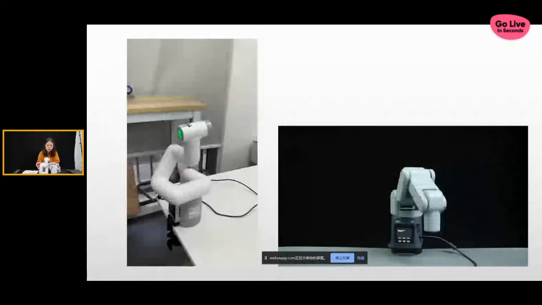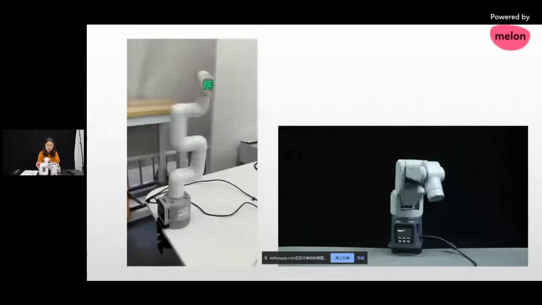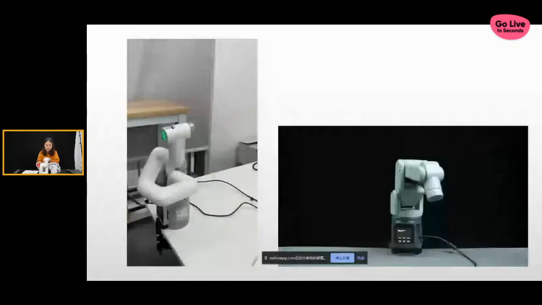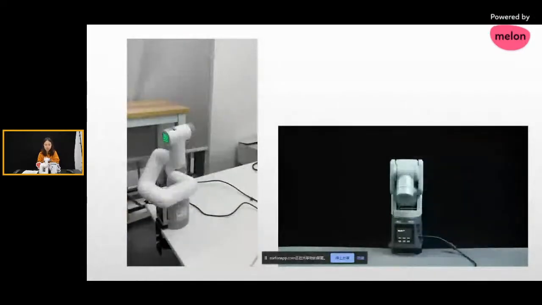myCobot 280 M5 stack version or Arduino version, the API are the same. Am I clear? So something new in this broadcast room about the difference that